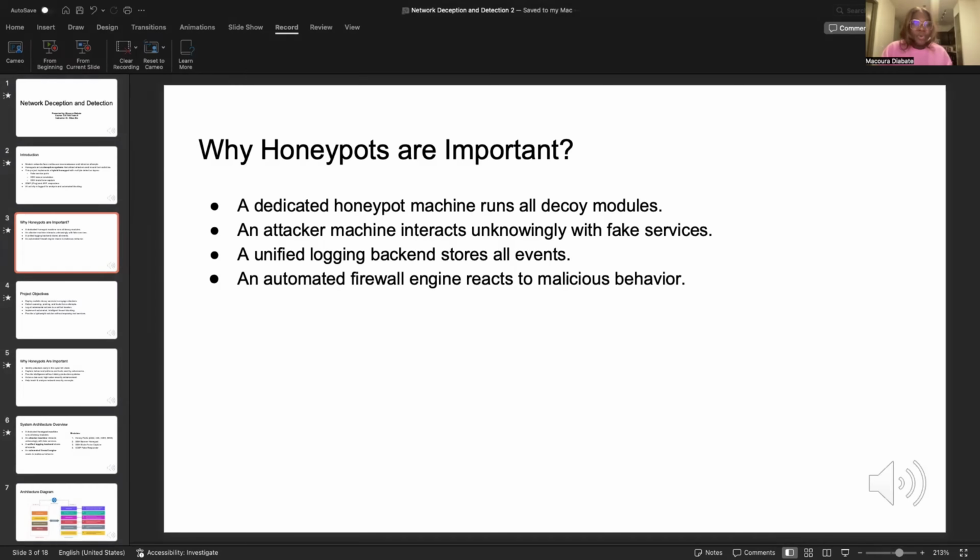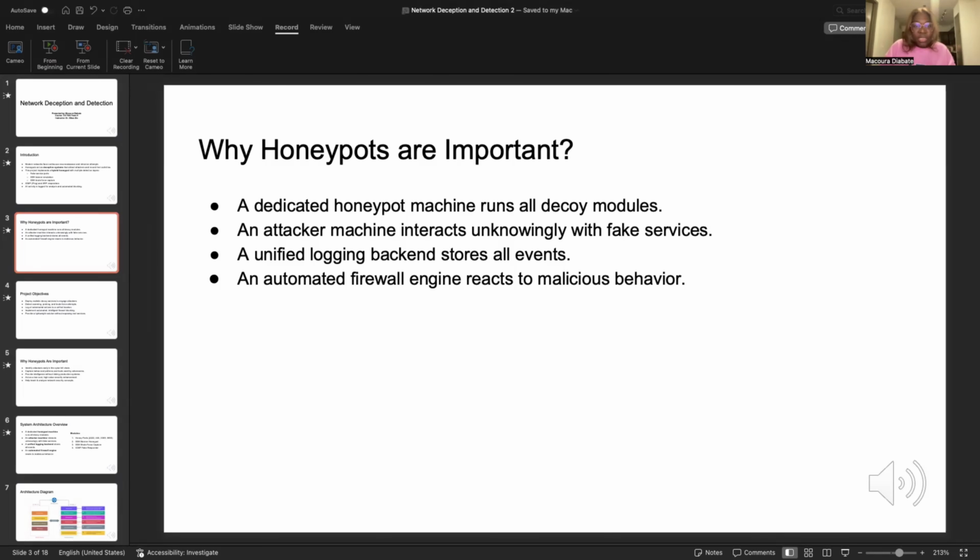So point one, a dedicated honeypot machine runs all decoy modules. One isolated machine runs all fake services, keeping attackers completely away from real services. Attackers have no path to actual infrastructure. Point two, attackers interact anonymously with fake services. So attackers think they found a real system. You see authentic attack behavior. You learn real threats,